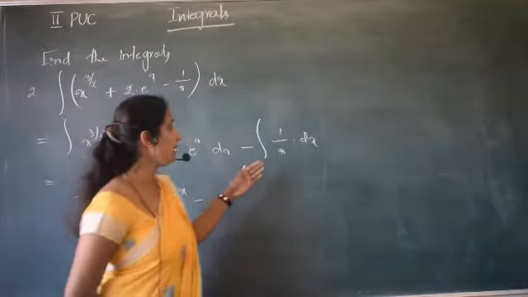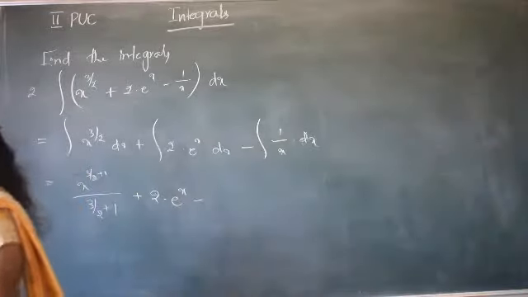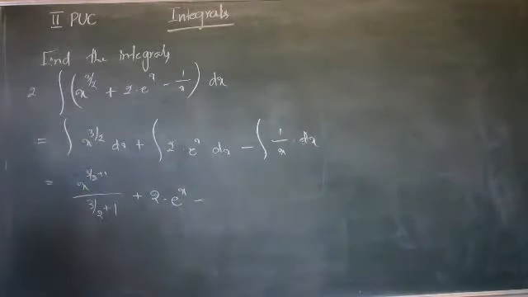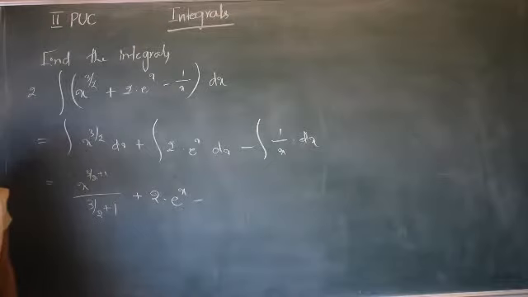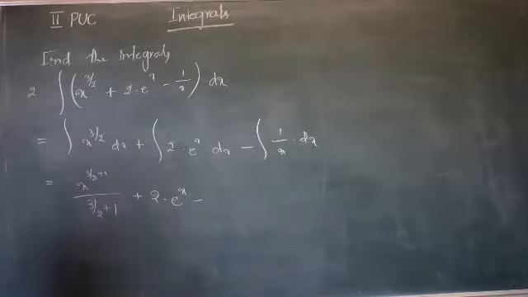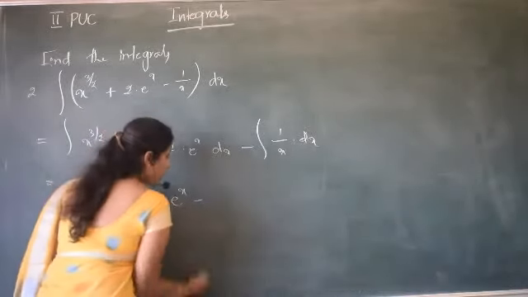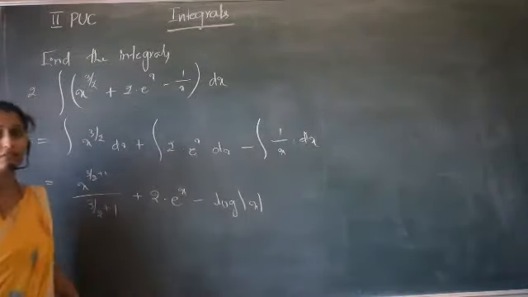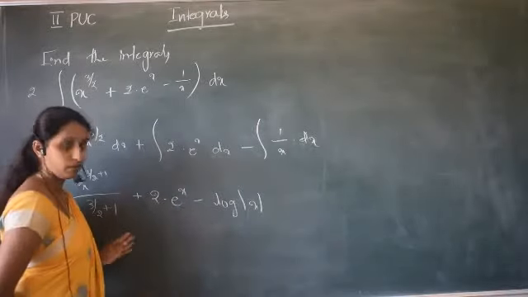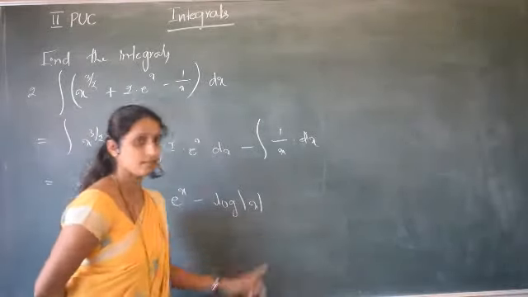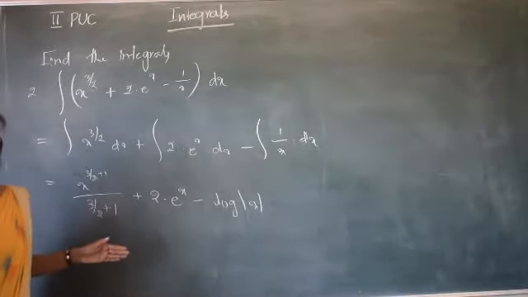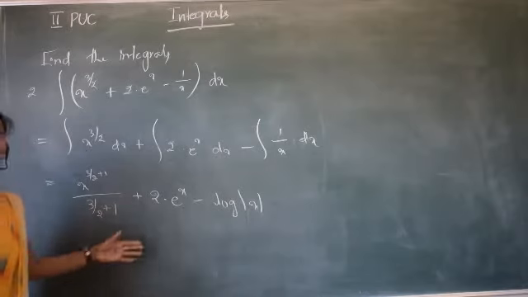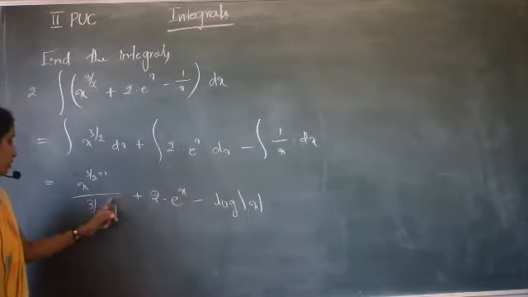Minus, and already we know that the integral of 1 by x, we have taken it as log mod x, because the derivative of log x is 1 by x, and the derivative of log of minus x is also 1 by x. Therefore the integral of 1 by x is equal to log mod x. If this is the final step, the final answer, then add plus c here itself. Or if it is not the final step, then we have one more step to write, and you add c in the next step. Now it is not the final one because I have to add these terms.